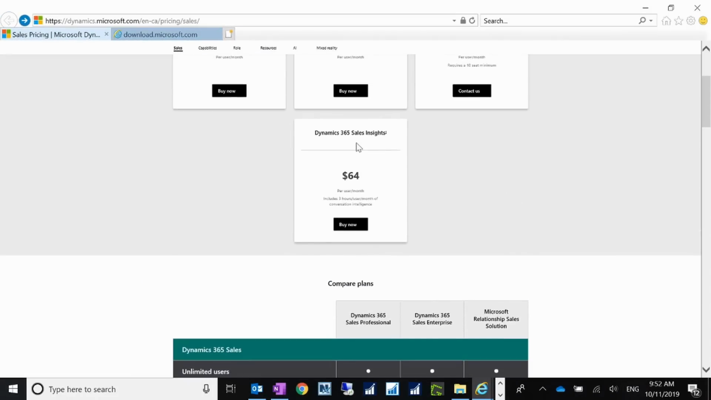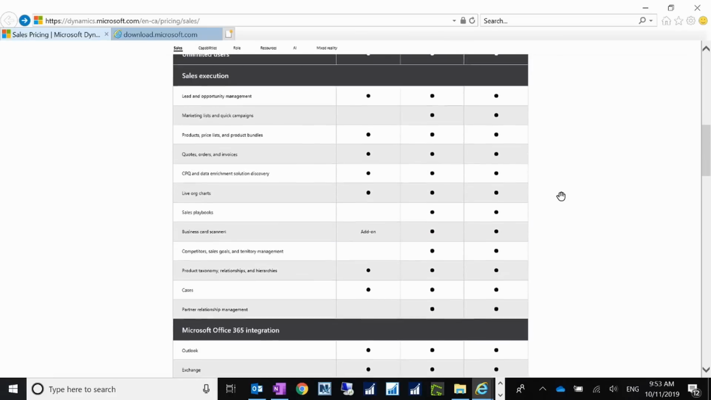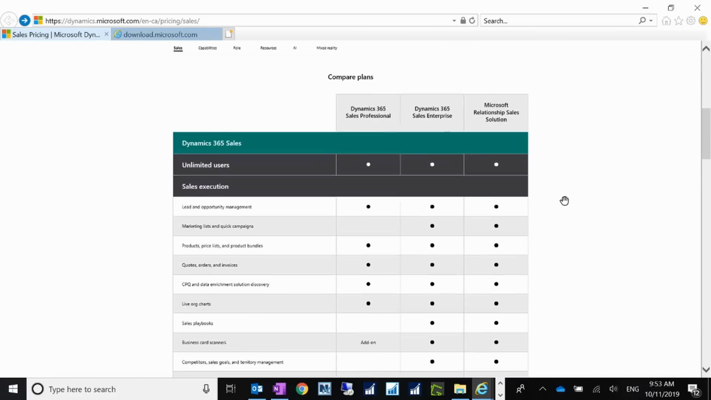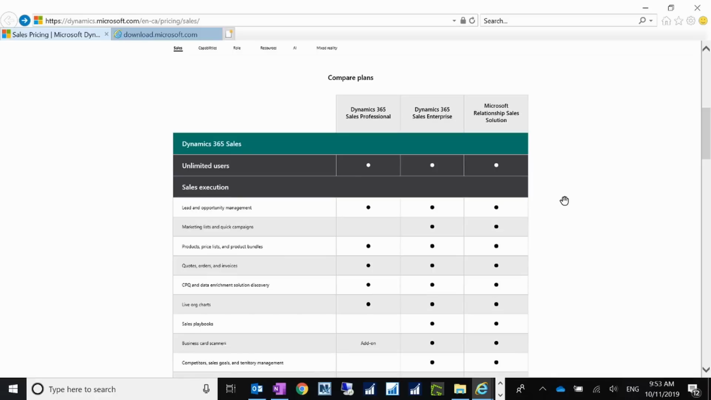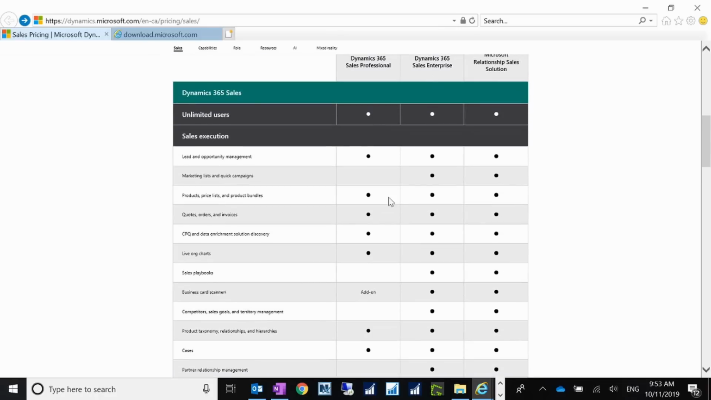So you have a URL which can take you to the pricing for Sales, and from this web page, on the top under Sales, you can see different plans for Sales, and at the bottom you have Compare Plans, so you can see the comparison for different plans. If you look at these three plans, Sales Professional and Sales Enterprise,